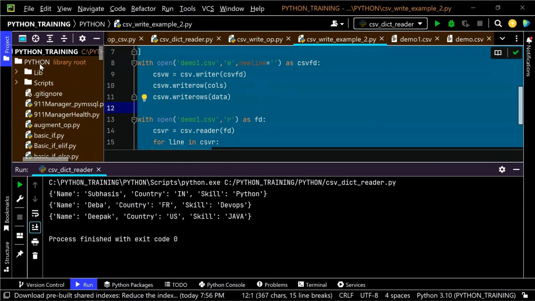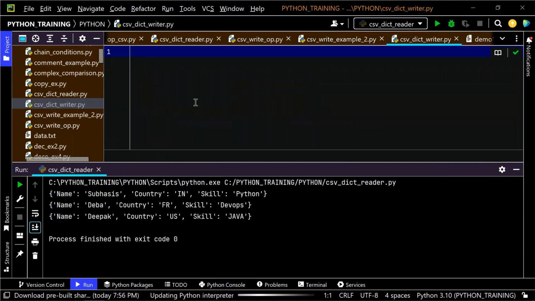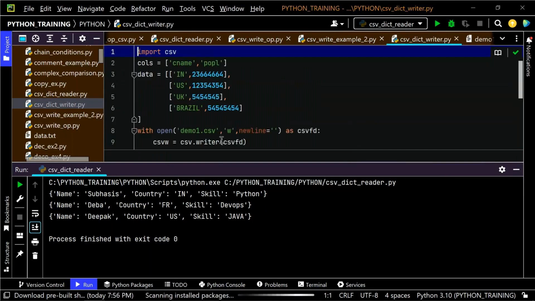Okay, so CSV dictionary writer. In the CSV dictionary writer, our data should be in a different format. With the normal writer, the rows are a list, but in case of the dictionary writer, the data should be in the format of a dictionary. How do I tell that? Let's say I'm having cname, population,